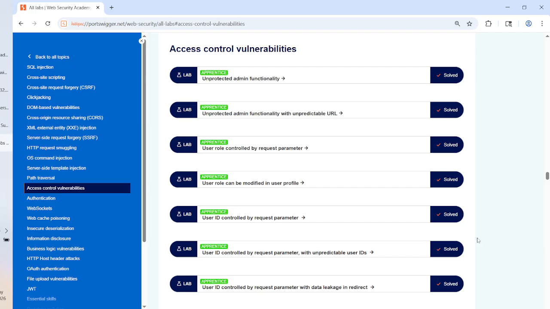While solving Portswigger labs, these labs will develop a thought process. You will understand what the actual vulnerability is and how it works. Definitely, there are many labs in Portswigger that we don't find in the real world, but they will develop a thought process.